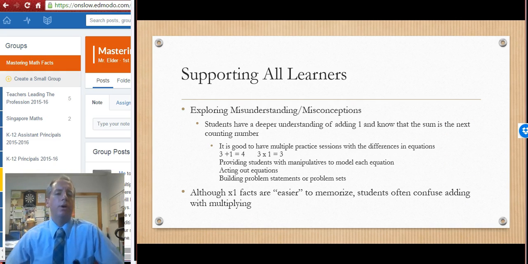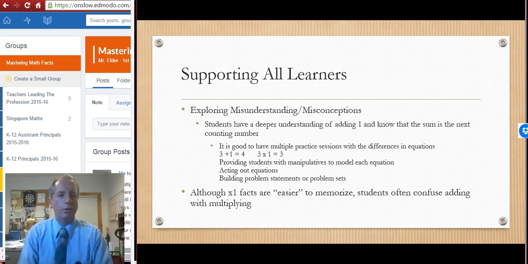As we think about all kids, and kids that are struggling, and again, kids that are struggling may eventually be the ones that outperform, but it might just take them a little bit longer initially. One of the common struggles for kids is that they're so ingrained with addition by this point that when they start to multiply by one, it's hard to make that mental leap from, well, when I add one to anything, I just get the next counting number. So they've done that so many times that now when we start saying I multiply by one, well, that's a